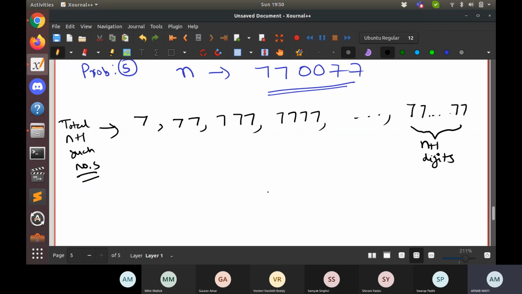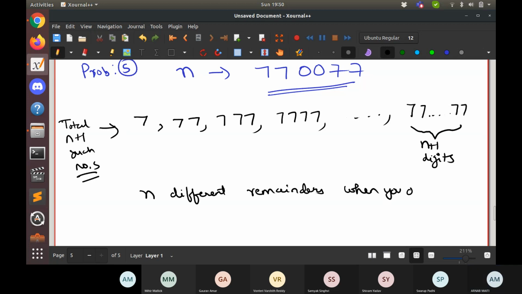Now, when you divide a number by n, you can have n different remainders. So if you have n plus 1 different numbers, then you'll have two numbers which have the same remainder.